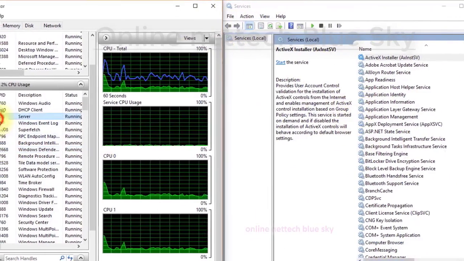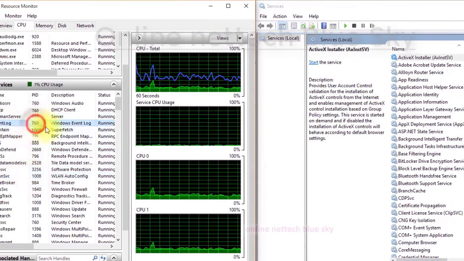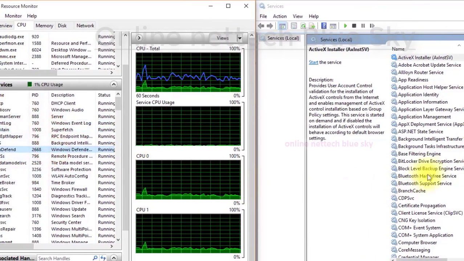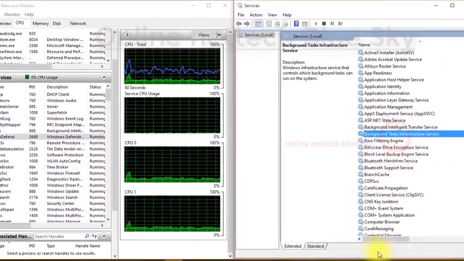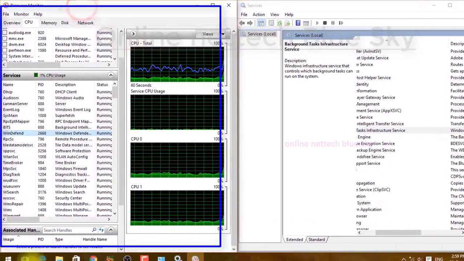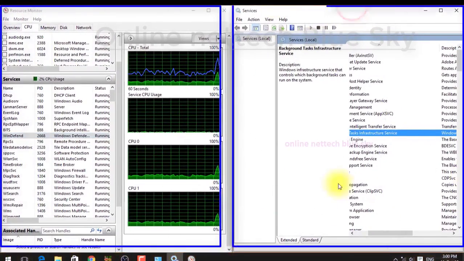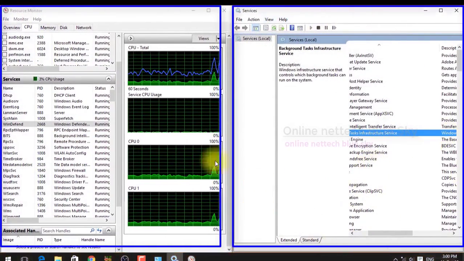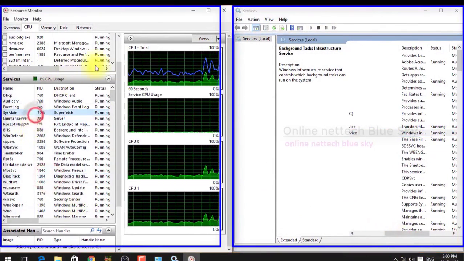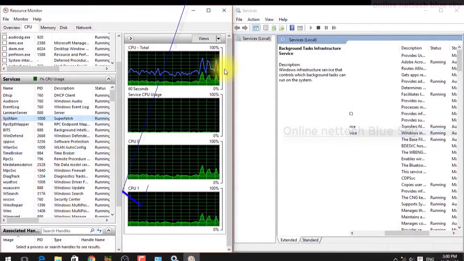You can click on services and information, but in this window you cannot see it. I will discuss this window later, but I'm just talking about only the resource monitor.